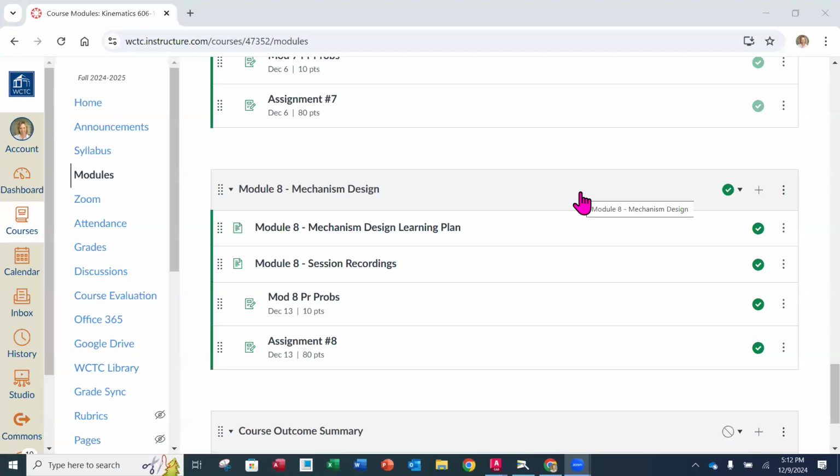There we go. Okay, so we are ready to look at our final module, which is module number 8. We're going to be looking at mechanism design. So we're going to be stepping back a little bit in our textbook, and looking at chapter 5 in our textbook. And you might feel like maybe this is a little out of order, but actually I think this is the